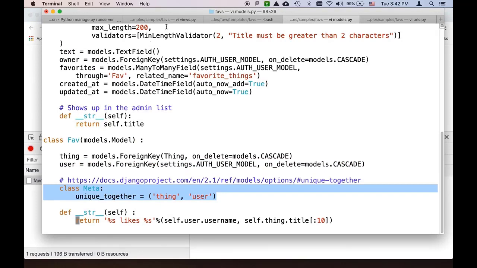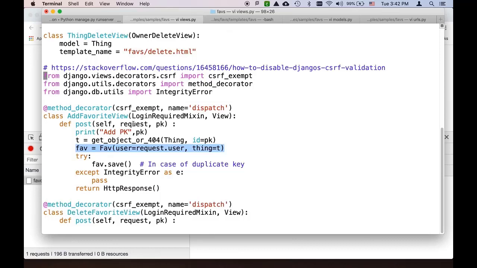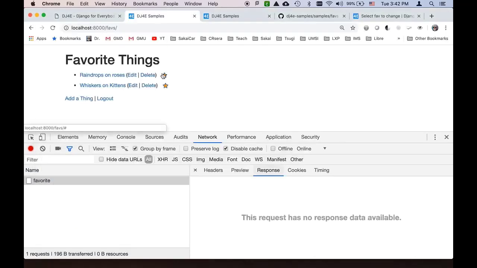And there's other ways I could have done this that are a little more complex, but I kept it simple. I just did a try and said it's okay if it blows up. That means it's already there. Because I don't let you really hit the favorite twice, but if you somehow could, like click on this, if I could do an inspect element,